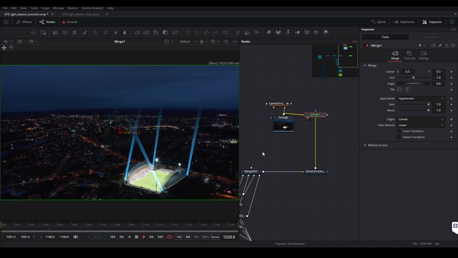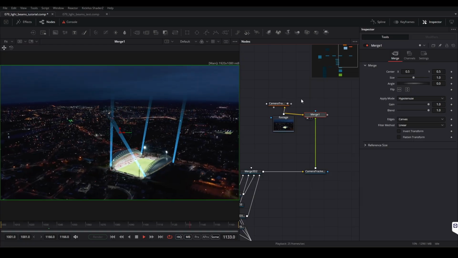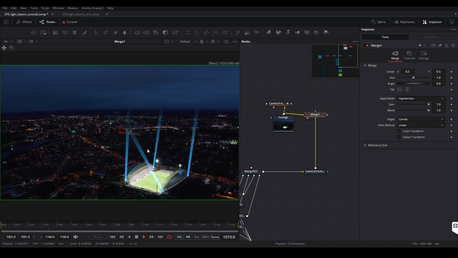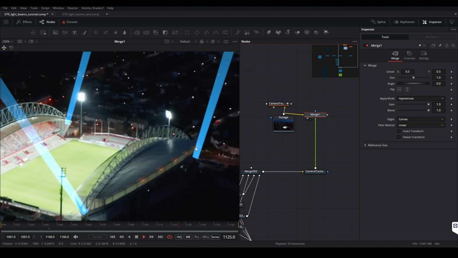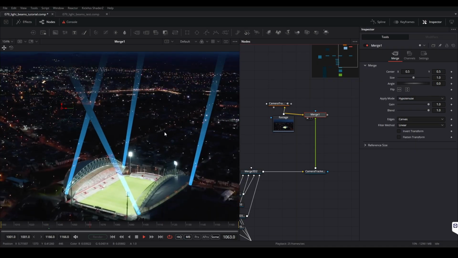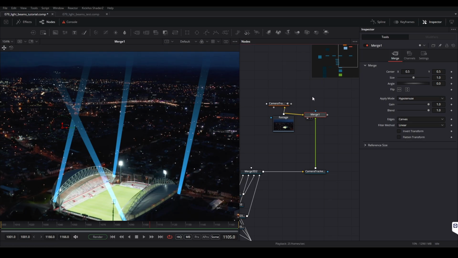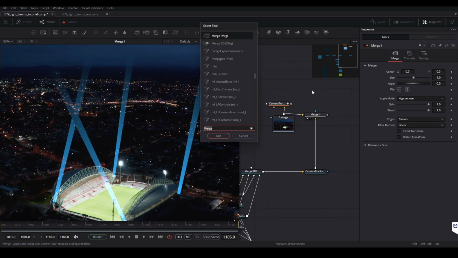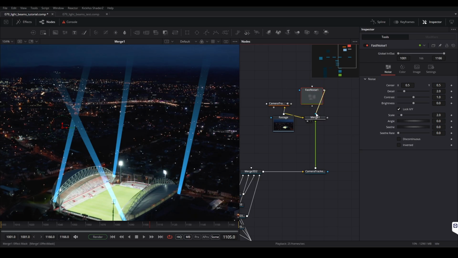Just to save our time, let's move forward. So what I think is left here to make it a bit more realistic. Of course, we need to mask this out, but I don't want to spend time on this. I want to introduce some noise into the beams, into the beam light. So let's create a fast noise node, plug it into the blue input in the merge node, and increase some contrast